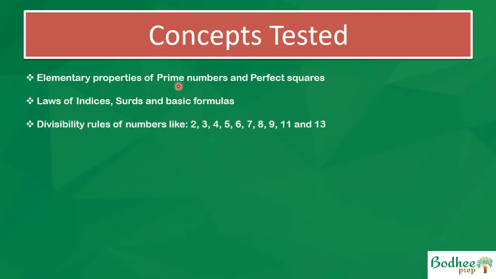Then you have divisibility rules of numbers like 2, 3, 4. Now, what do we mean by divisibility rules? For example, what kind of numbers will 2 divide, 3 divide, 4 divide, and the remainders that you will get by dividing the numbers. So there are some topics pertaining to these, and very, very important. Prime factorization and number of factors. When you know about HCF and LCM, then you get to know the number of factors of a particular number. These can be effectively used in other areas of reasoning and maths.